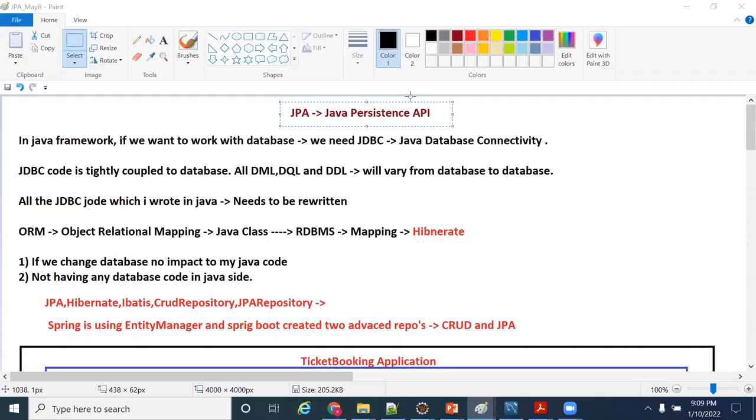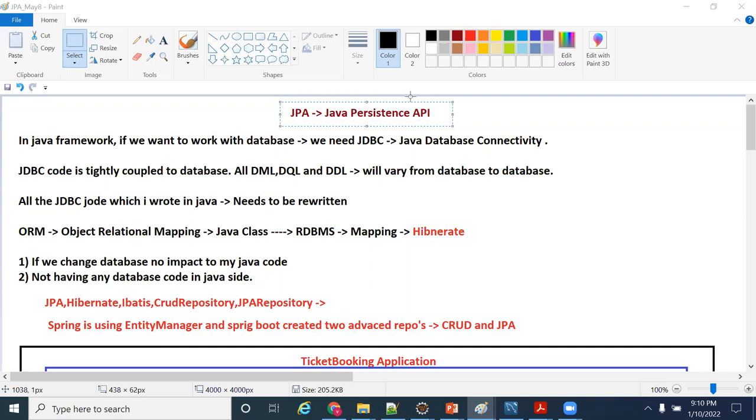What does database dependent code mean? For example, today I am choosing the Oracle database, and for the last 10 years I have been choosing Oracle only.